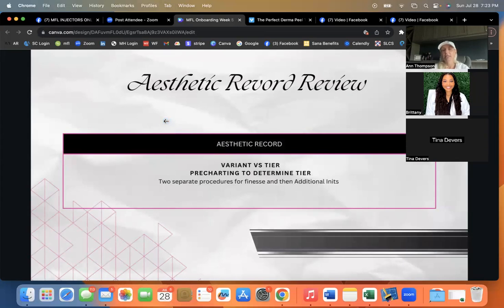Okay, so let's talk a little bit about aesthetic record. So these are some of the big pitfalls that I see whenever injectors call us for